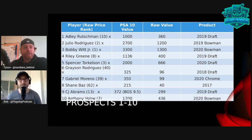The only big knock on him is he's a first baseman, right? But he's starting out of the gate really strong, so he may have enough time to overcome that negative hit on him. Yeah. I think looking at the last 2 years with him and Adley in '19 and '20,